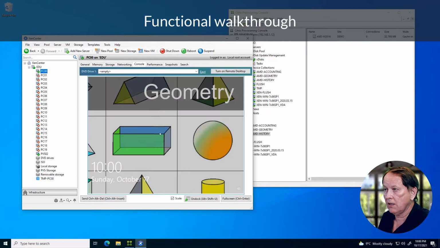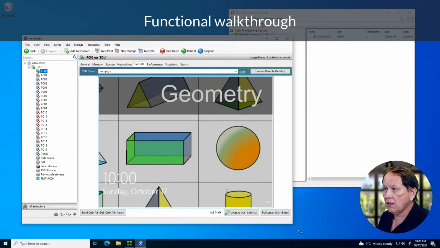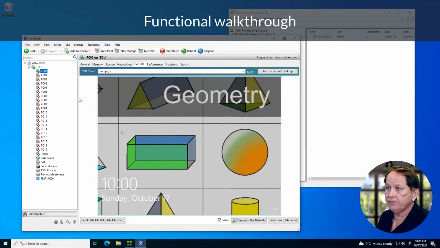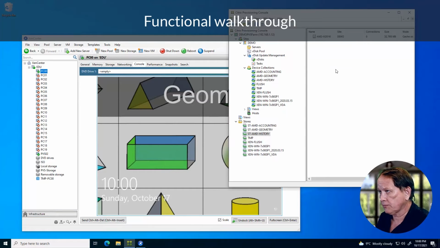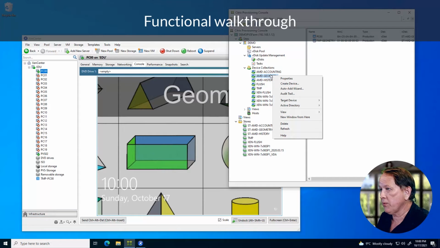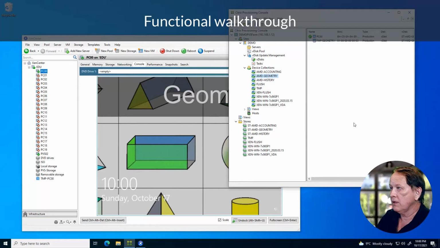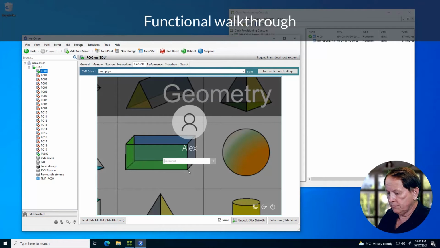So let's take a look. Oh wow, so we happen to have a geometry image. So that's PC000, which was given the image for the geometry class. And let's take a look if we refresh our geometry collection here. Okay, so we have our device already online, right? So if we do login,